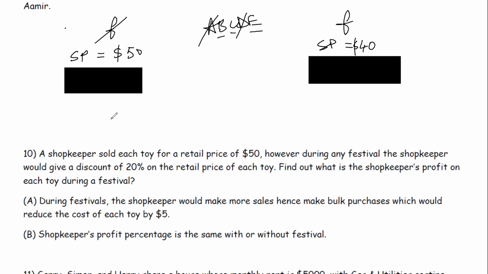So selling price minus cost price upon the cost price into 100% is the same for both of them. But clearly we don't have the cost price, right? So B alone also doesn't answer. Now when we take both statements together,